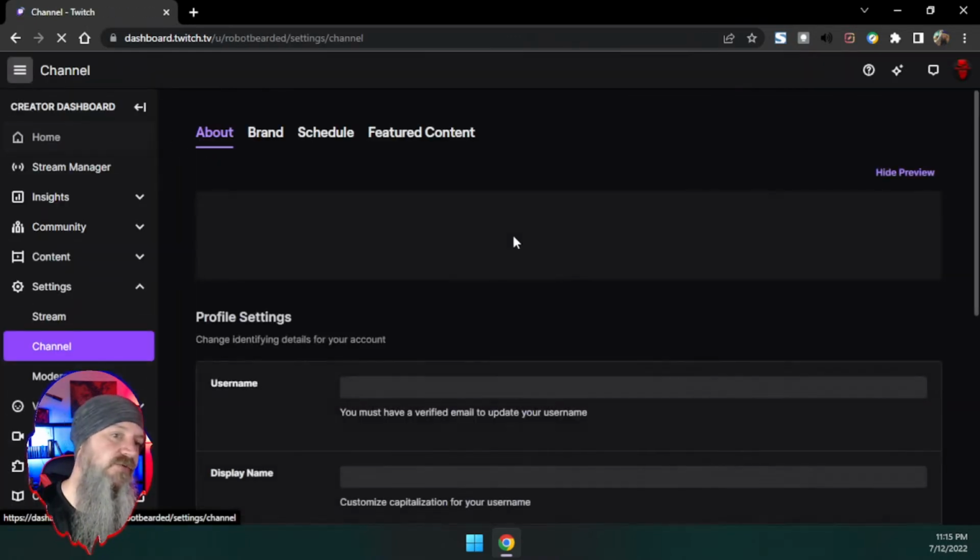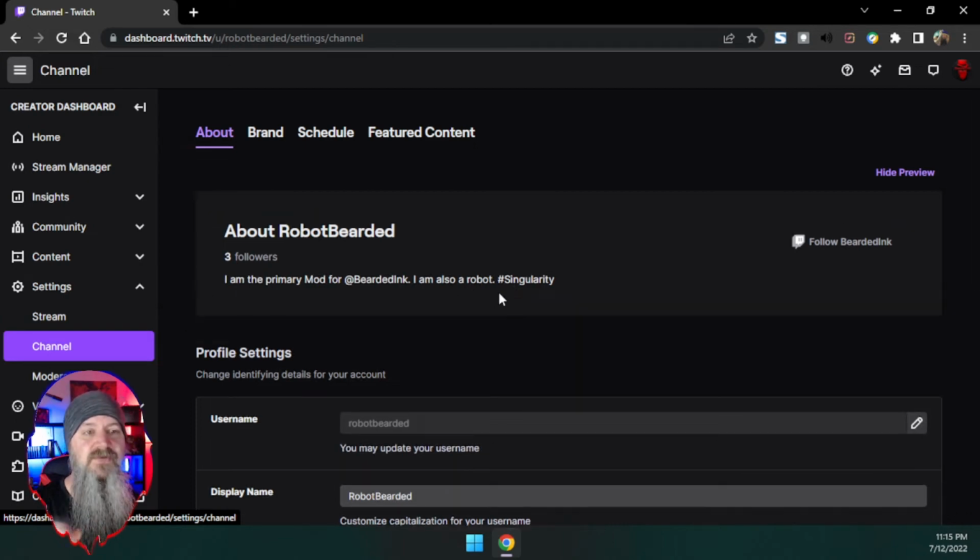Channel and videos is what's up next. Now, this actually takes you to the main dashboard page. As you can see, a lot of it has changed on the left menu. We are going to cover all of this in detail later on as we go through the main dashboard. So we can kind of ignore it a little bit here, but I want to touch on it because this